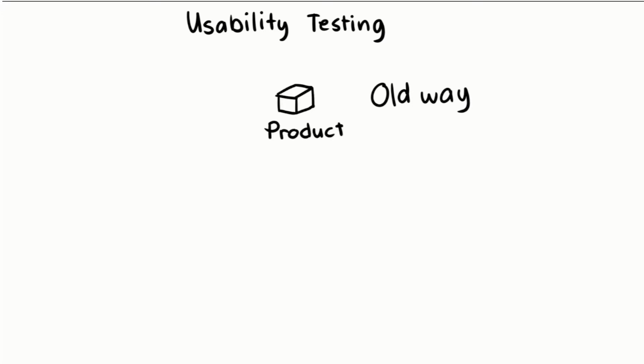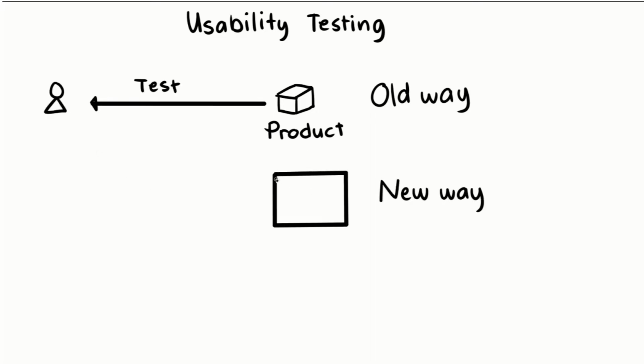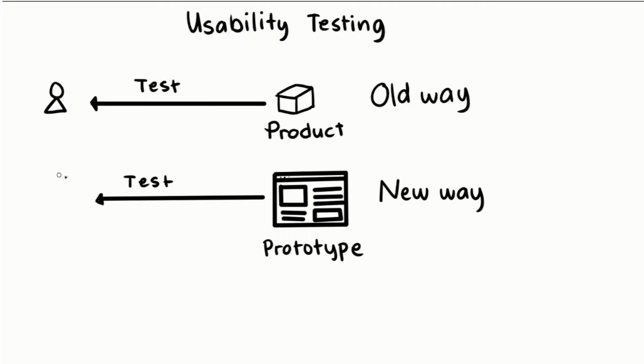Usability testing is one of the most straightforward and mature forms of discovery testing that has existed for many years. And the tools are better and the teams know much more about this than they used to. And the main difference today from the past is that we do usability testing in discovery, using prototypes before we build the product and not at the end, where it's really too late to correct the issues without significant rework